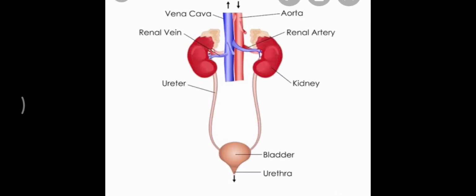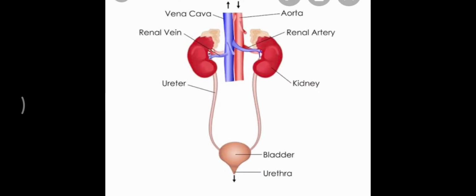And the kidney, when you see it internally, has two regions. The outer region of the kidney is known as the cortex, and the inner region of the kidney is known as the medulla. So this is a brief internal description. Now your kidney gets the nitrogenous waste containing blood through the renal artery, and the kidney is formed of a unit.